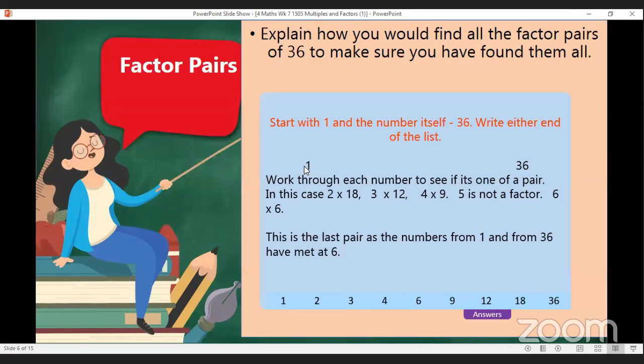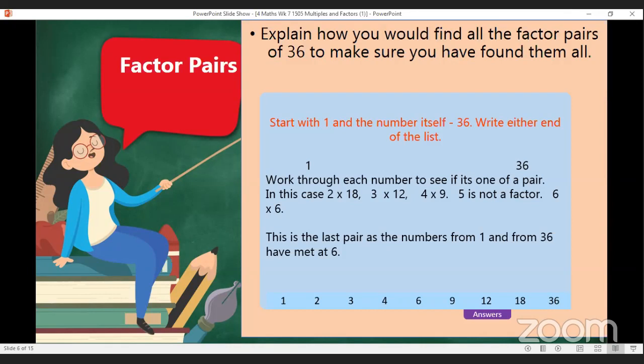In this case, we start with 1. So 1 times 36 gives us 36. So we know that 1 and 36 are definitely factor pairs of 36. And then we come to the next one, which is 2. Which number do we multiply with 2 to get 36, right? If you know your multiples, you'll know that 2 times 18 gives us 36. So that is the second factor pair. And then we move on to